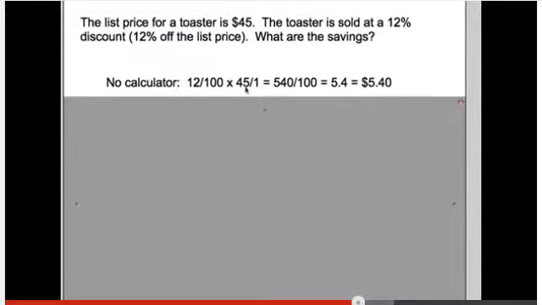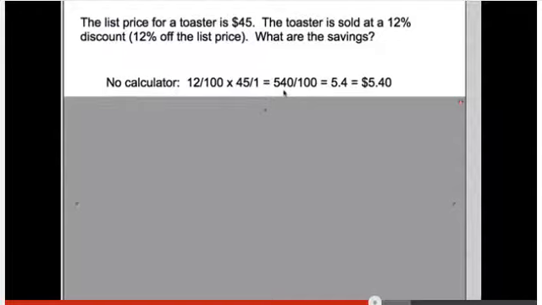Remember, you can break things apart. That might help. For example, if I take 45 and break it into 40 and 5, 12 times 40, I know 12 times 4 is 48, so 12 times 40 would be 480, and 12 times 5 is 60, so 480 plus